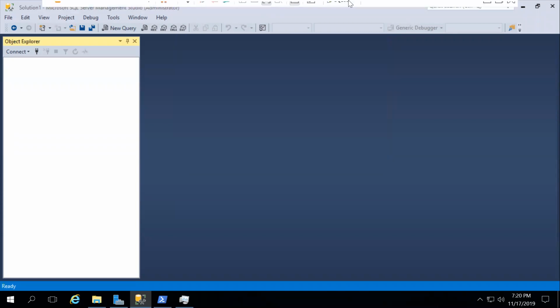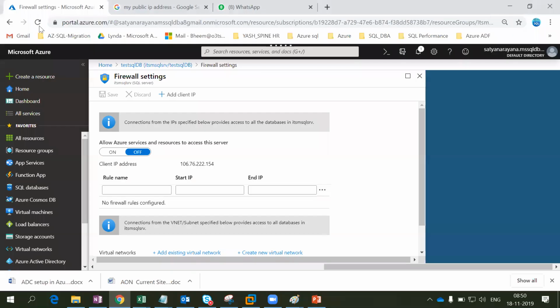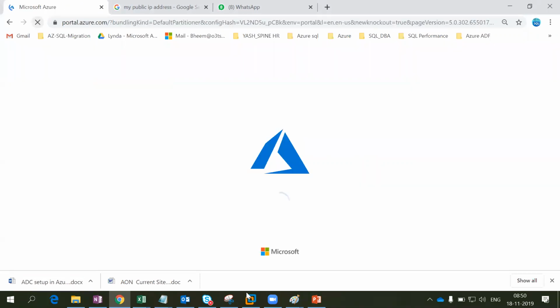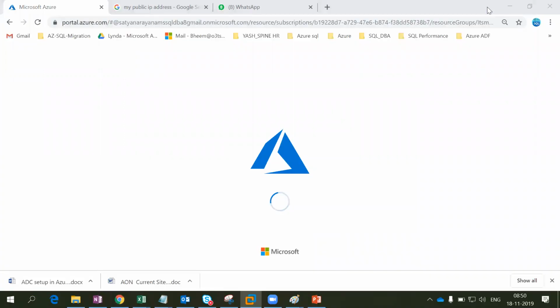So if it is going to log in, it means the IP is added into the portal end. I'm going to refresh this one to find whether that IP is added or not. Okay, my PaaS instance is connecting now, and the other aspect is I have to verify whether this public IP is added in my Azure portal end or not.